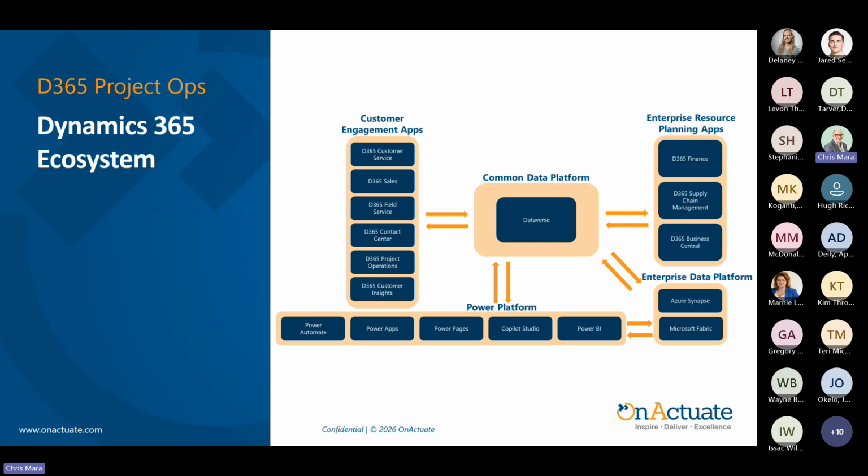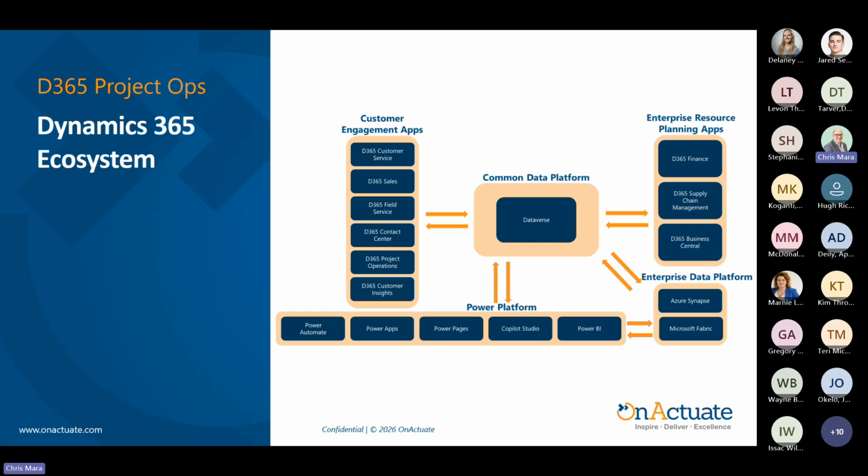Project Operations then connects that operational project delivery data to the ERP layer, notably Dynamics 365 Finance and Supply Chain Management, using dual write. So key data entities and transactions can synchronize between the Dataverse and the ERP in near real time. This enables end-to-end processes where project execution drives downstream financial outcomes, such as pushing pro forma invoice information into finance, synchronizing actuals, and supporting consistent financial controls in reporting, while finance remains the authoritative accounting system.